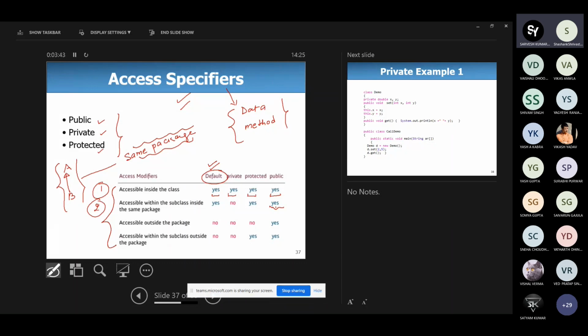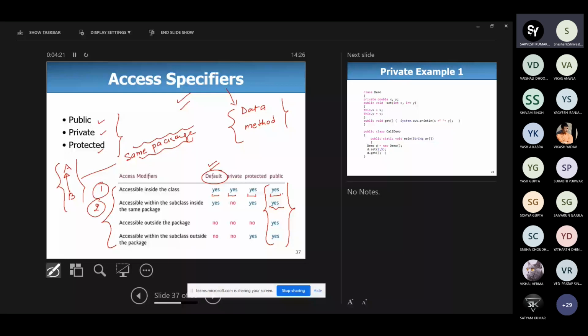Okay. If the member is declared as public, no problem. You can access the public member from anywhere. From anywhere means either inside the class, outside of the class, within the subclass, and even outside the package also. So basically you can see that in the case of public there is no problem. If you do not want to get into any problem, you can declare the member as public. But when you declare all the members as public, there is a problem of security. It is convenient for the programmer, but it is not the recommended way to declare all the methods as well as all the data as public.